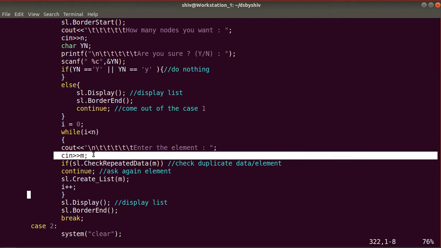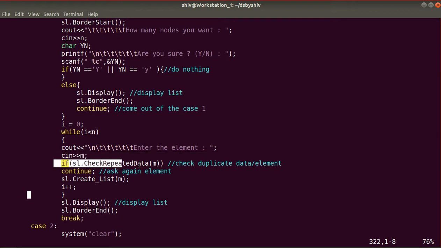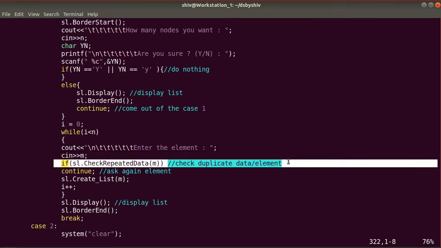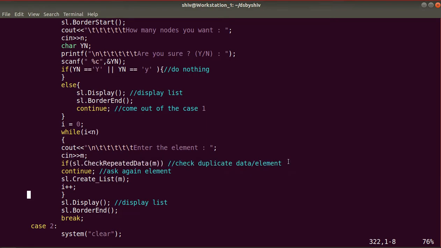We'll take the input and check for duplicates, meaning whether that data was already entered or not, because I have made a check here that duplicate elements cannot be inserted. It depends on you, you can remove this check, but in my linked list I have put this check that duplicate data cannot be inserted.